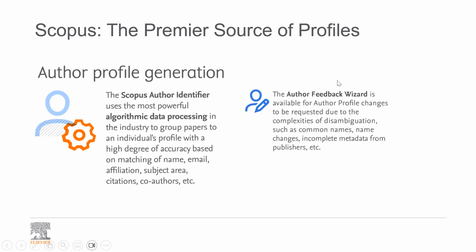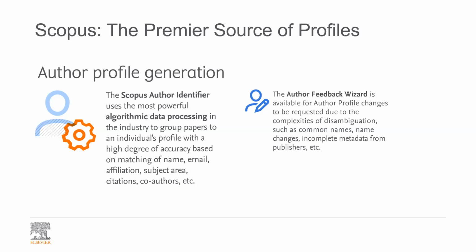a really important piece of information I would like to share with you about the author feedback wizard. If you are an author and you have published in different journals, and these journals are indexed in Scopus, you will automatically have a Scopus profile, or an author profile. So if you are an author and you have a profile, and this profile has been initiated automatically because you are publishing in journals that are indexed in Scopus, you can see your